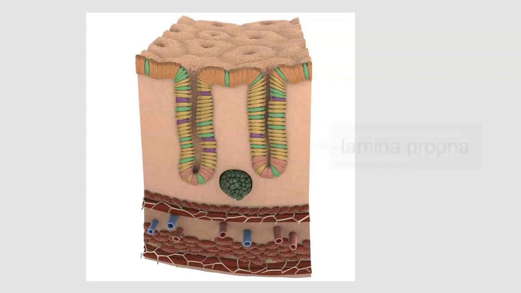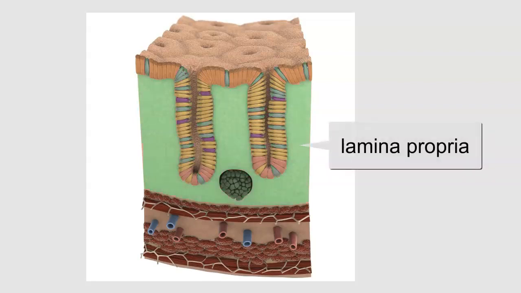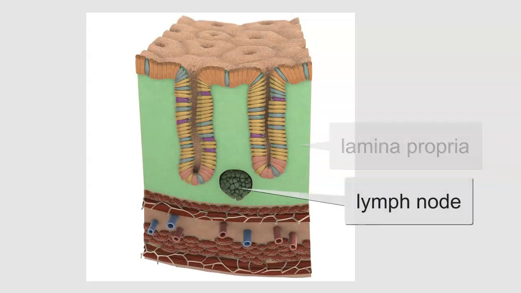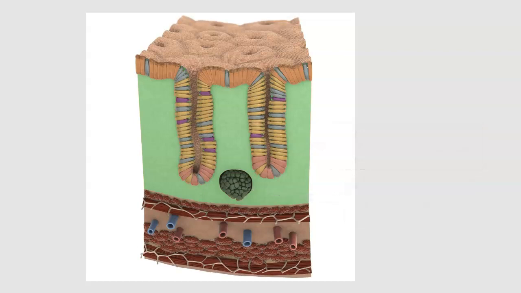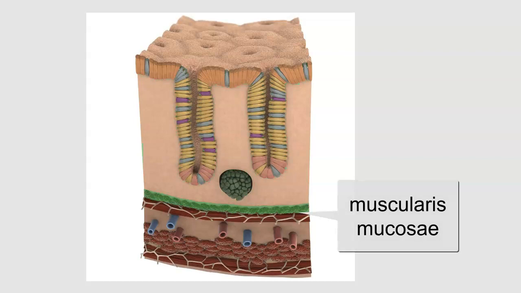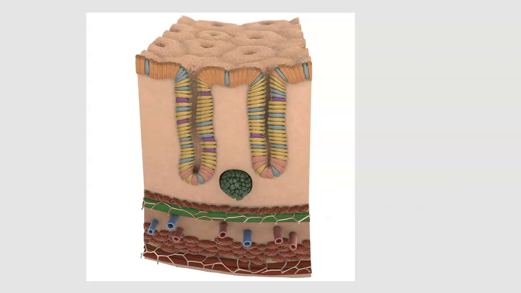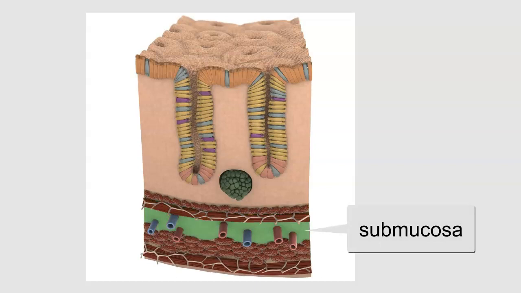Underneath the epithelium is the lamina propria, a bed of loose connective tissue. We can see a lymph node is located there. And then underneath the lamina propria is the muscularis mucosae. Underneath the three layers of the mucosa is the submucosa, a thicker layer of connective tissue with the blood supply,